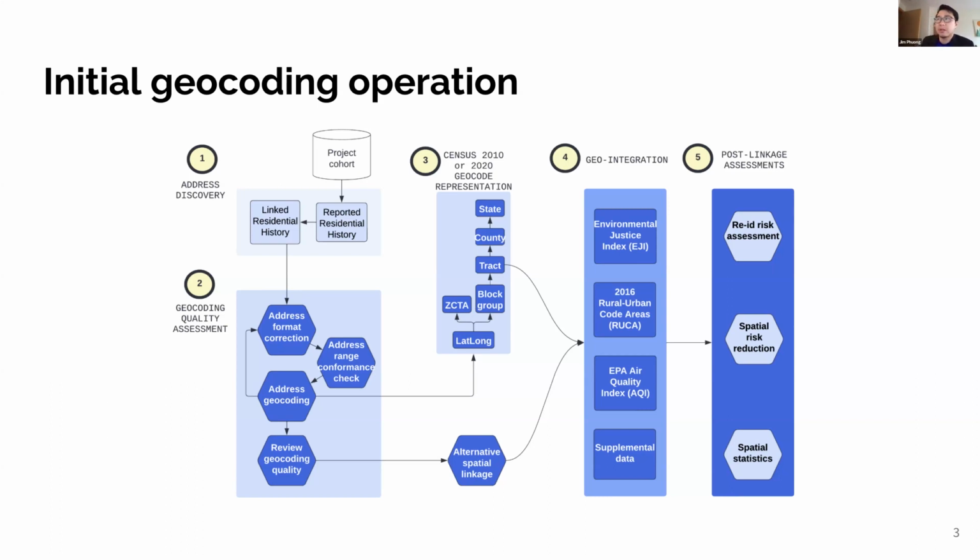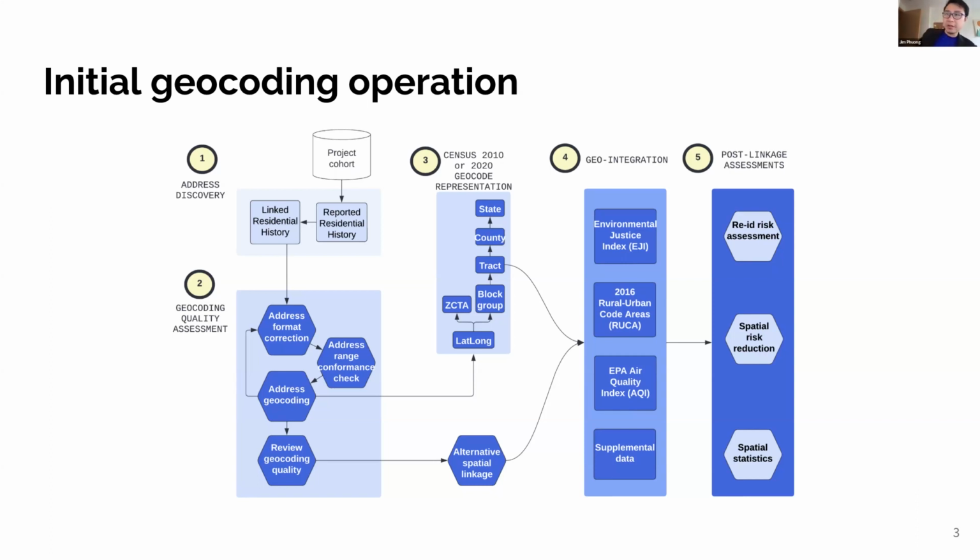Once we've done these linkages, once we've got these associations to link everything together, how do we go about putting them together? Augmenting or enhancing data sets means that we would also have to consider whether this is going to change the potential for re-identification, the specificity of certain vectors of information, and how that changes spatial statistics or spatial risk or re-identification risk. I'm the milestone lead for geocoding, so I've mostly been thinking about how do you get from 1 to 2, 2 to 3, 3 to 4, 4 to 5.